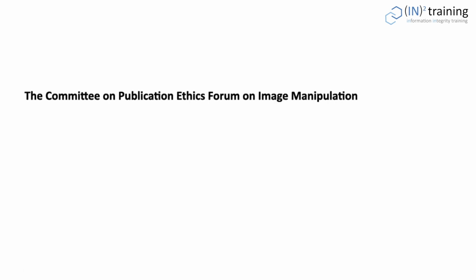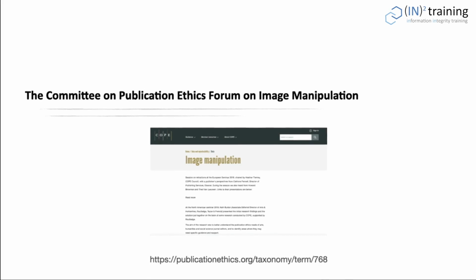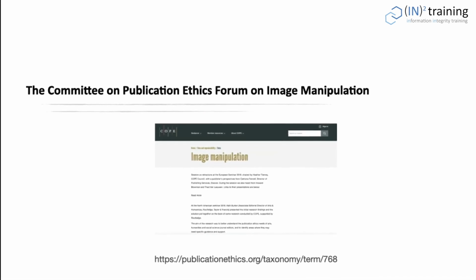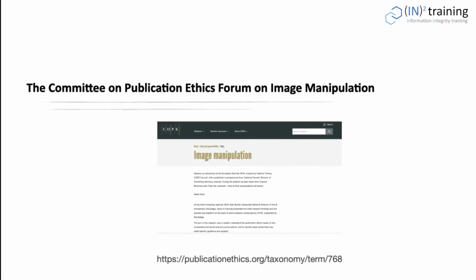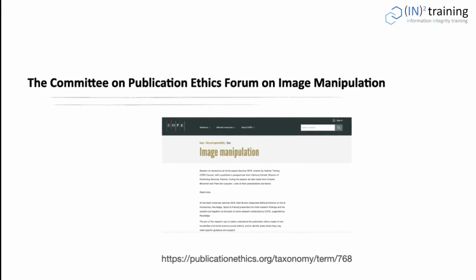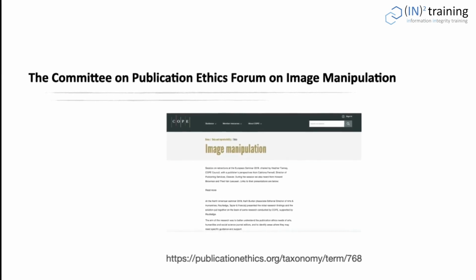All this being said, inappropriate manipulations can occur even without bad intention. On the website of the Committee on Publication Ethics, you can find examples for how challenging decision-making processes on integrity cases can be where images are involved. There may be types of image manipulation that happen due to error or ignorance, or simply when things are mixed up, the order reversed, data not correctly labeled, and so on, which complicates decision making. It is not as easy as to say, well, image manipulations are inappropriate when they aim at deceiving the viewer.